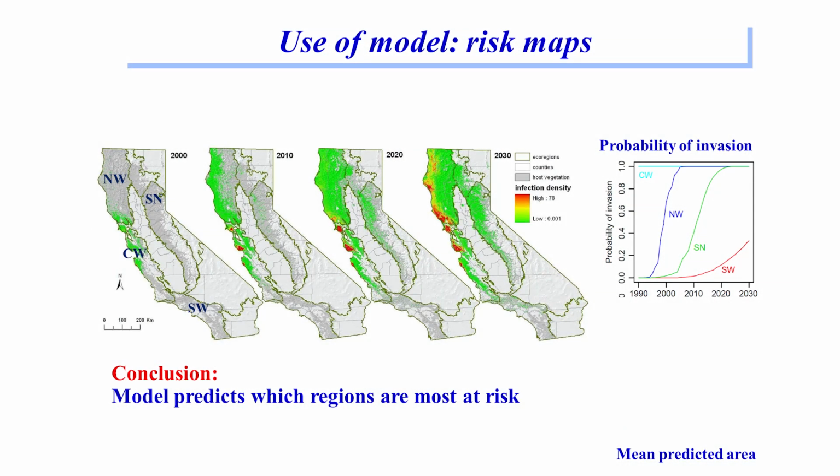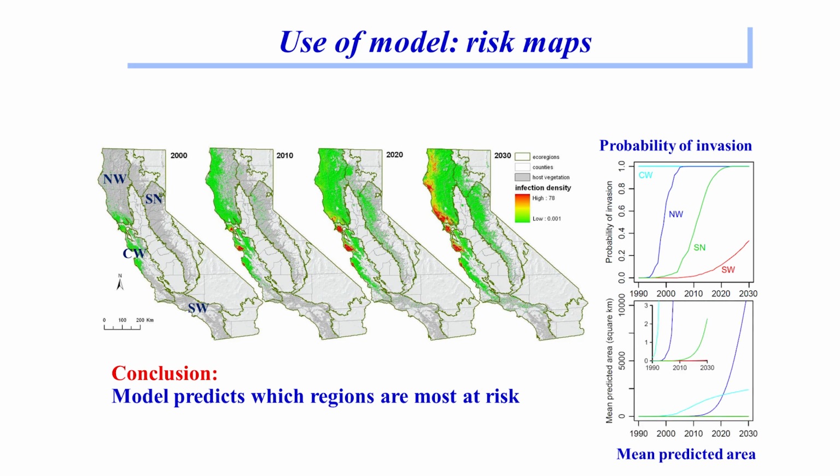So that's using a risk map, and we can distinguish this from a hazard map. Let me see if I can explain this. The risk map is saying if we look from 2000 up to 2030, what's the chance that we get the disease? And this is based on many runs. Over in the Sierras, not very high. What's the chance that it spreads down here in the Big Sur? Possible, but it doesn't spread very far south. And this helps us to work out the probability that you get infection in these different regions. And also, what's the mean infected area?